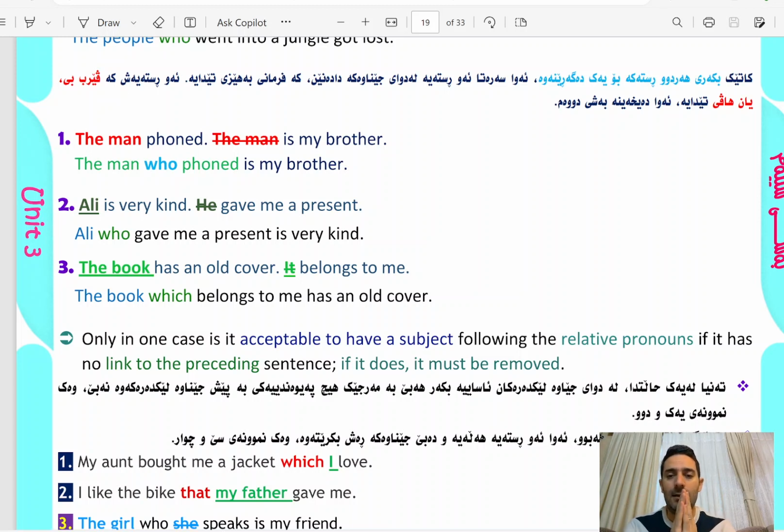Look at these examples. Okay, the man phoned, the man is my brother. In this sentence there were a phoned, this verb is a main verb, a strong verb, and is a verb be. Okay, so in this case